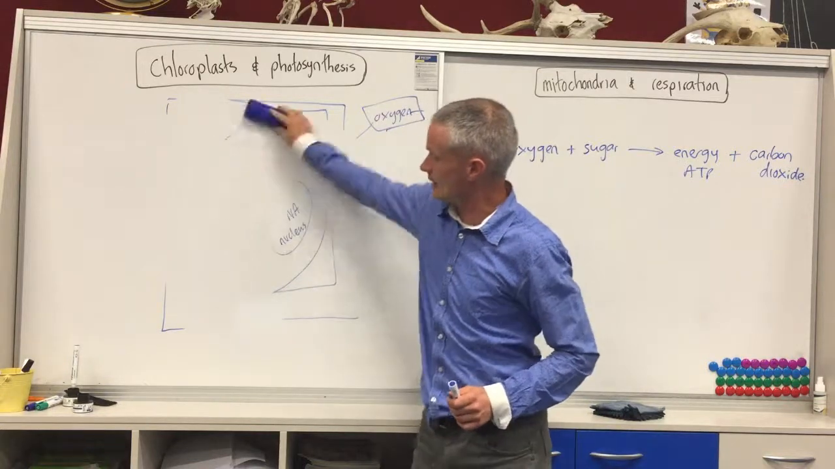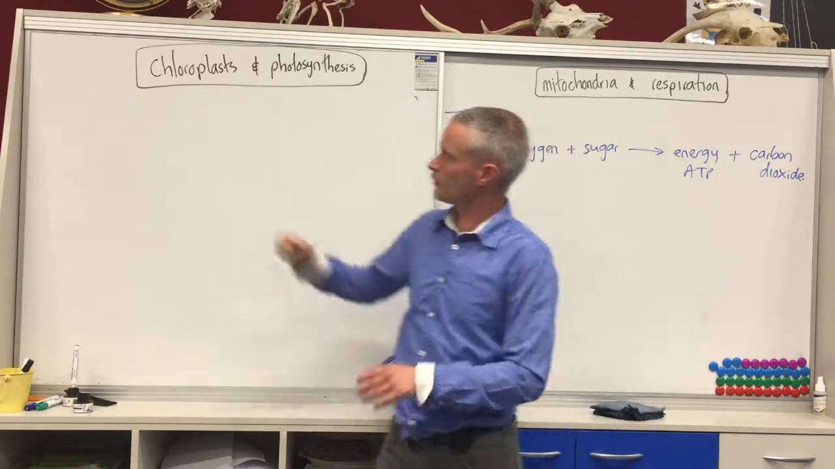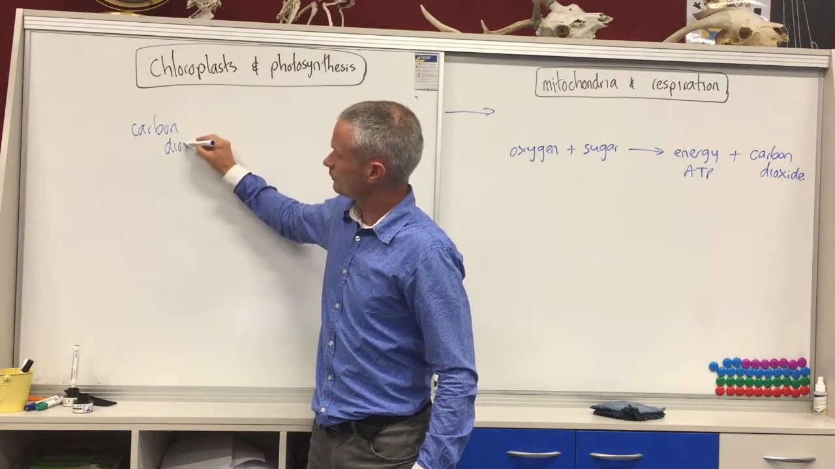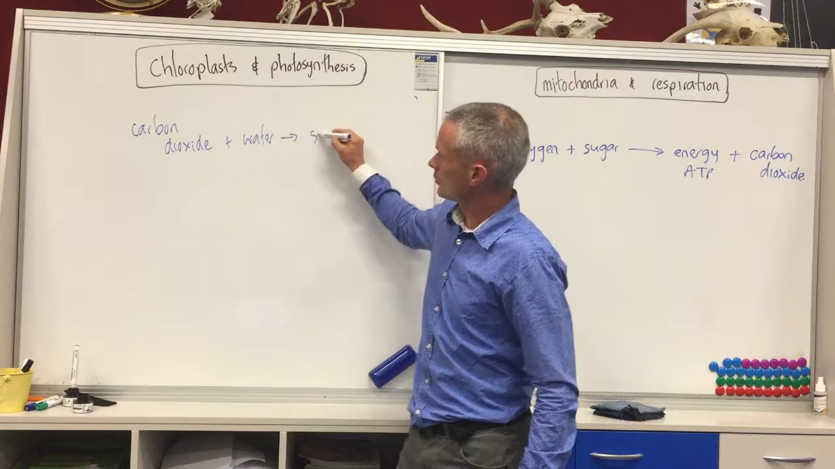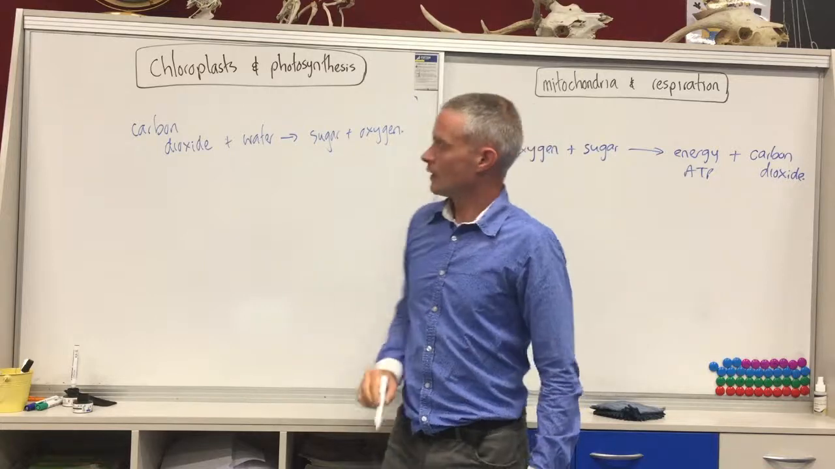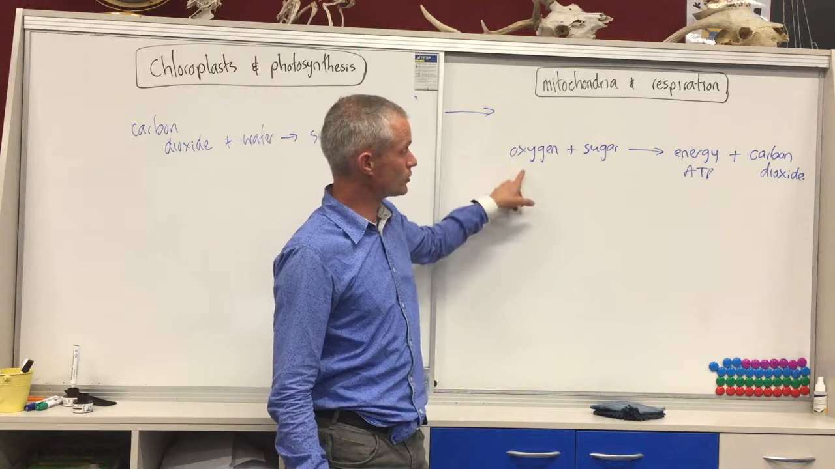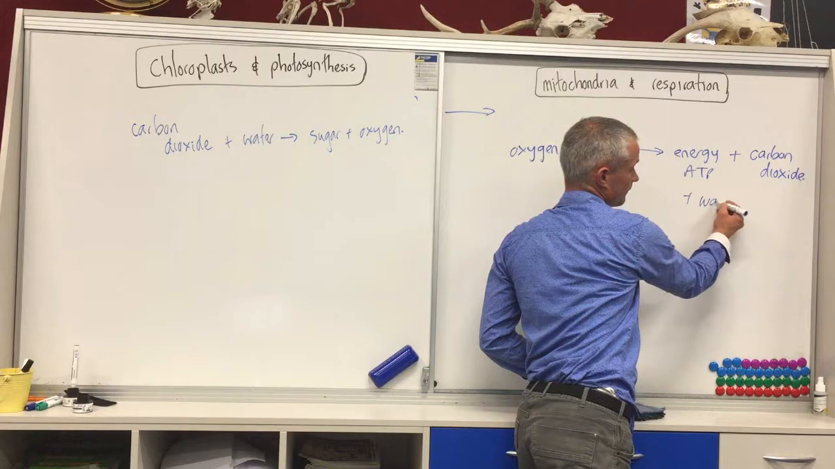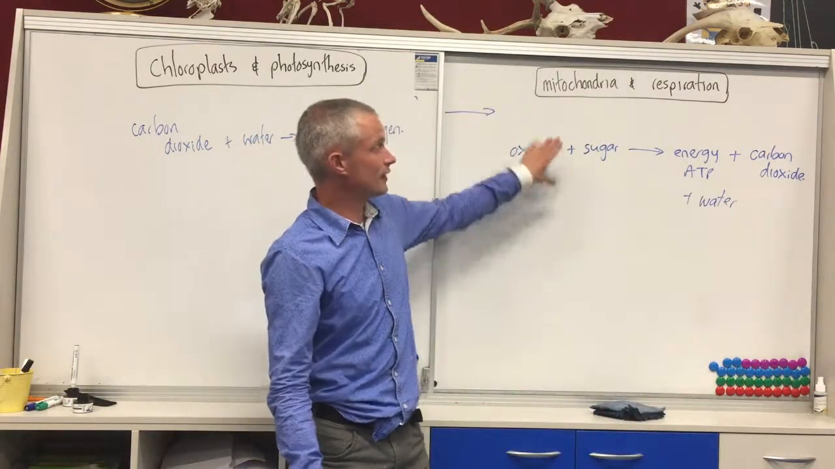So if I write out the process of photosynthesis again, you've got carbon dioxide and water making sugar and oxygen, and then that sugar and oxygen is then used by respiration in the mitochondria to make energy in the form of ATP, carbon dioxide and water again. So they're nice little mirror images of each other, and everything that is alive